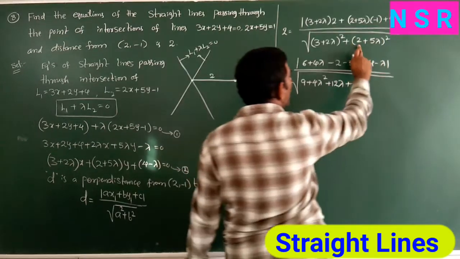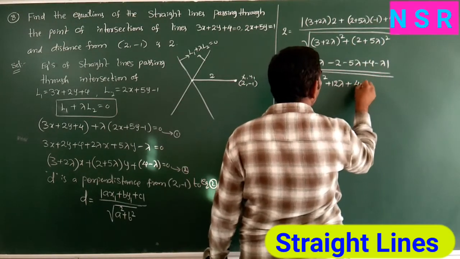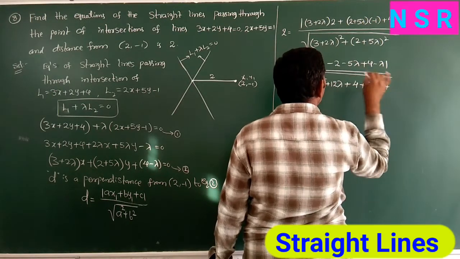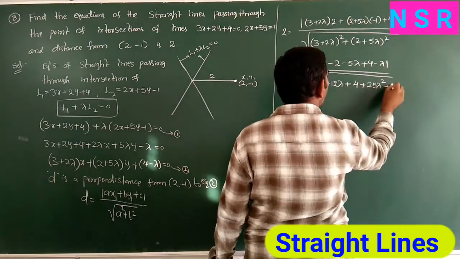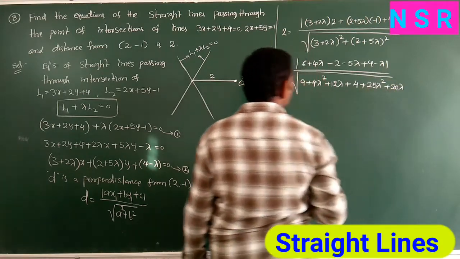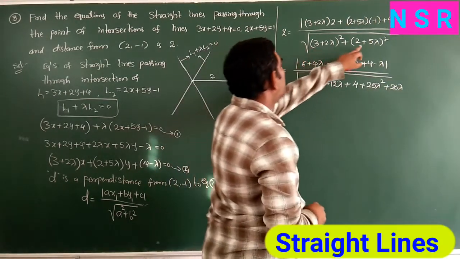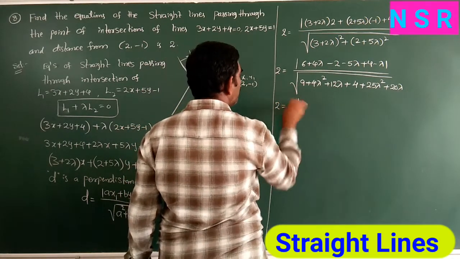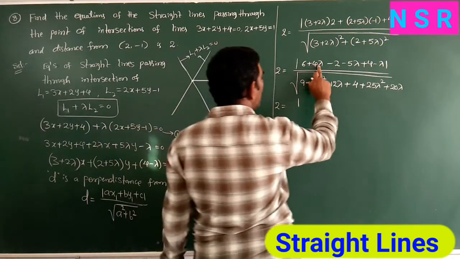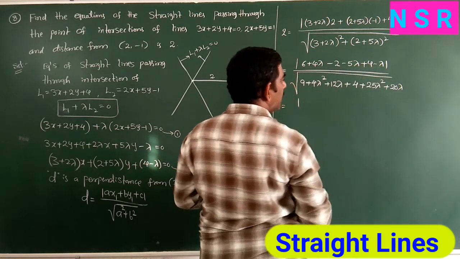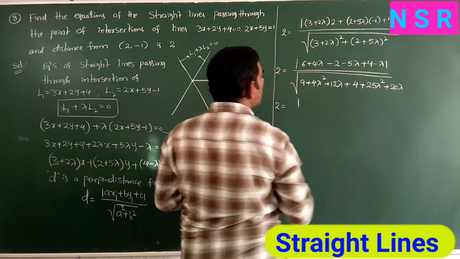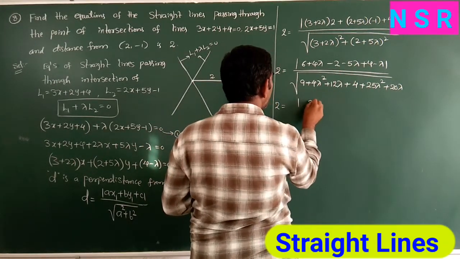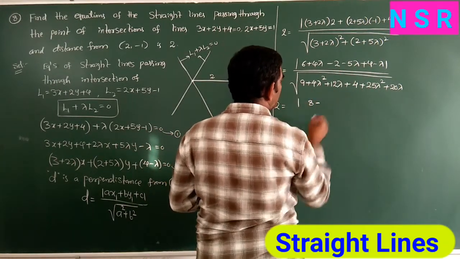Here also (a plus b) whole square, 2 square 4, 5 lambda square is 25 lambda square plus 2ab, 2 2s are 4, 4 5s are 20 lambda. So here apply (a plus b) whole square, here also (a plus b) whole square. Next 2 is equal to mod of 4 lambda minus 5 minus 1 minus 6 lambda, 4 lambda minus 2 lambda, 6 plus 4 is 10, minus 2 is 8, 8 minus 2 lambda